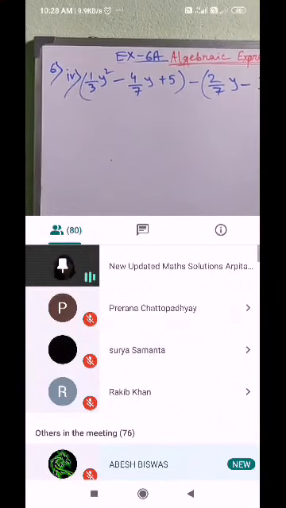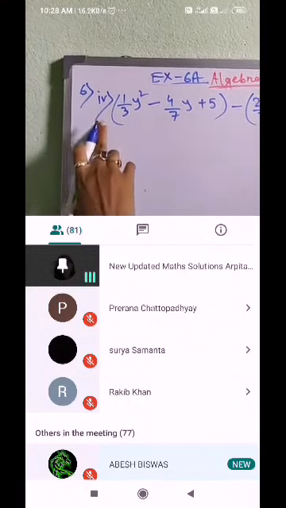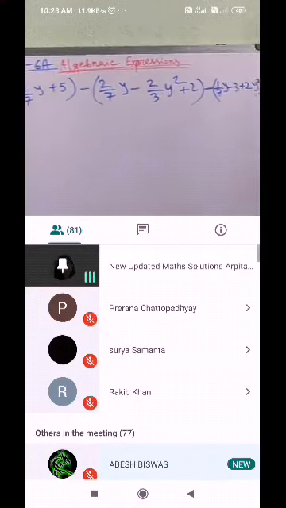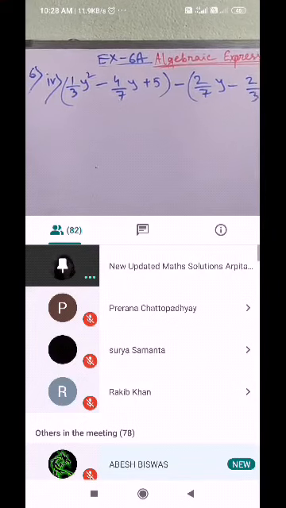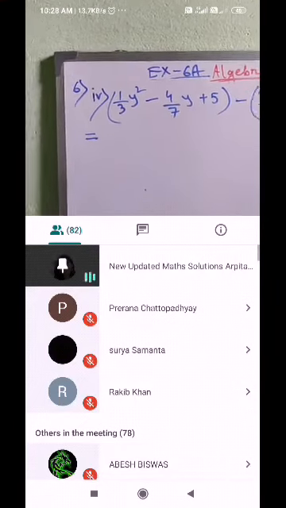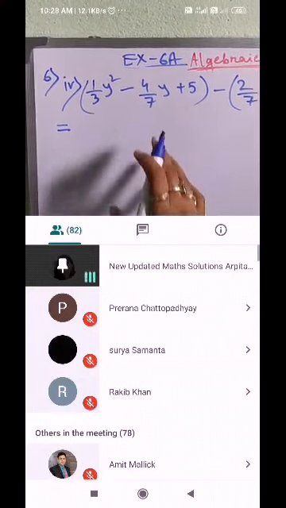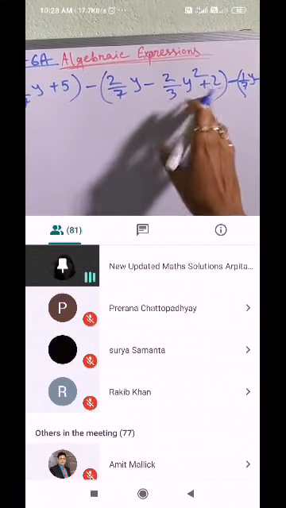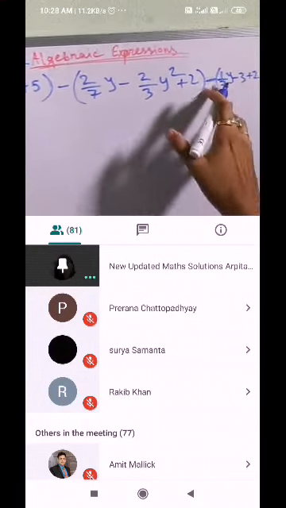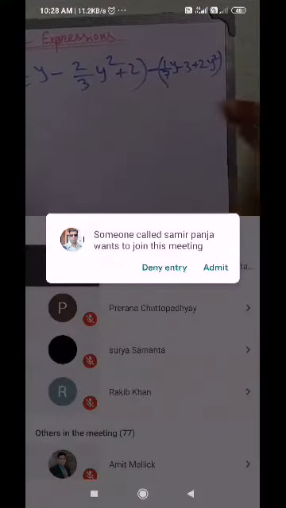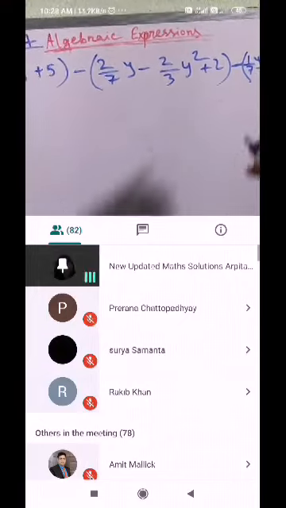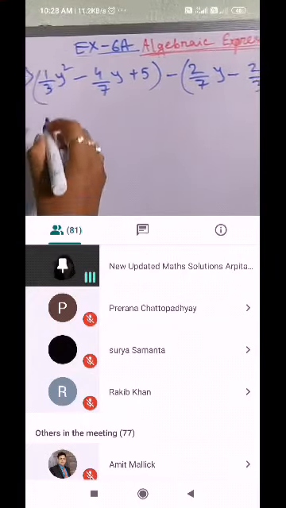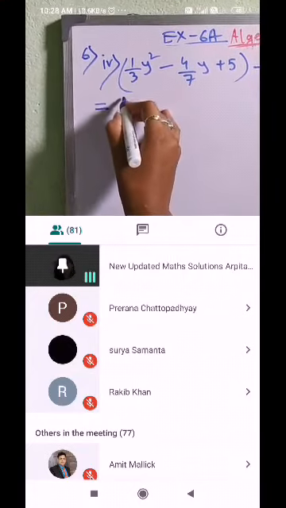This is the sum given as number 4. This simplification is given there from exercise 6a. Okay, first of all, what is the work? First we have to remove the bracket and change the sign. See here, a negative sign is there, that's why all the signs will be changed inside the bracket, right? Here also a negative sign, that's why all the signs will be changed. Opposite sign will be there. Suppose here is a minus sign and here is minus, that means here will be plus. Minus minus plus will be. So first the work is we have to remove the bracket.